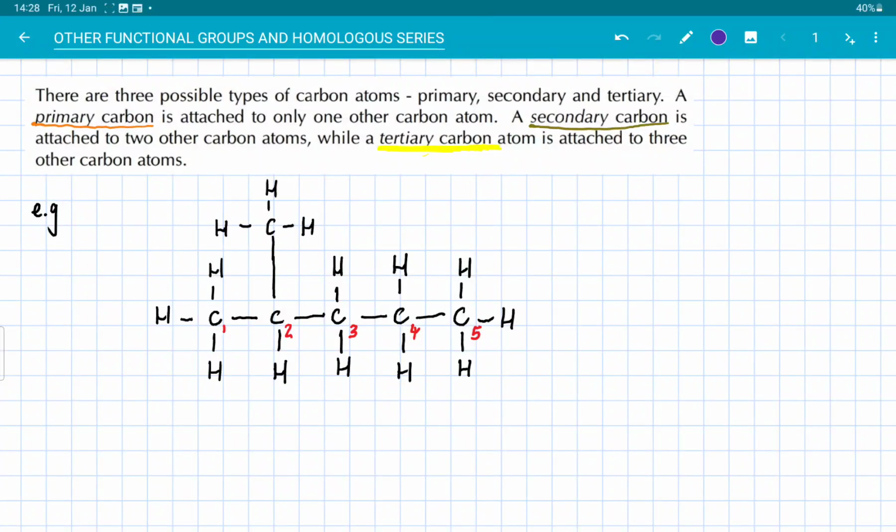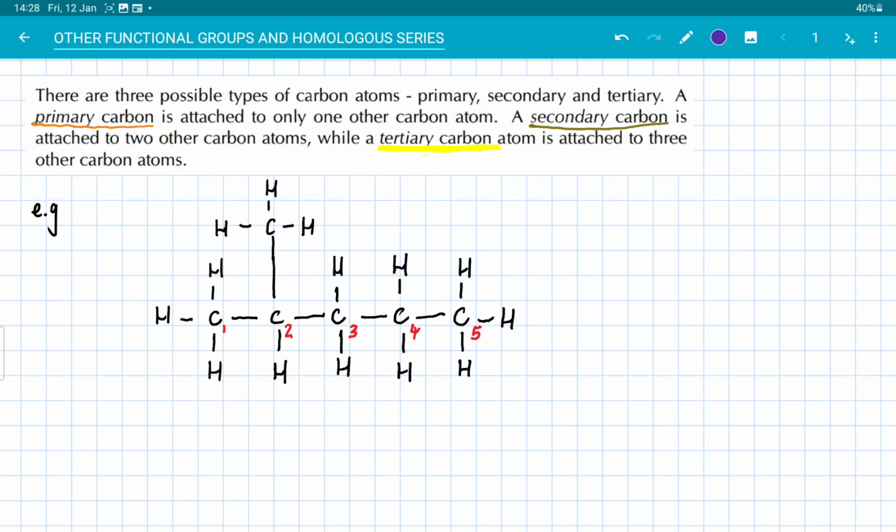Good afternoon, grade 12. Today we will be doing the other functional groups and homologous series. But before we do that, we have to do something that I've skipped before. Now I think we have to talk about it. We have carbons that I was not naming previously, but they have names. Basically, we have a primary carbon, a secondary carbon, and a tertiary